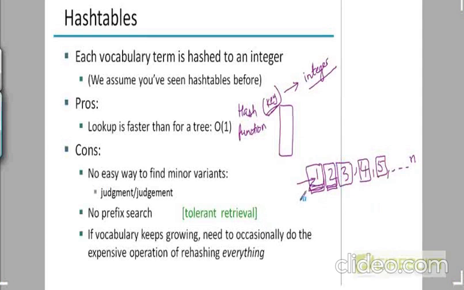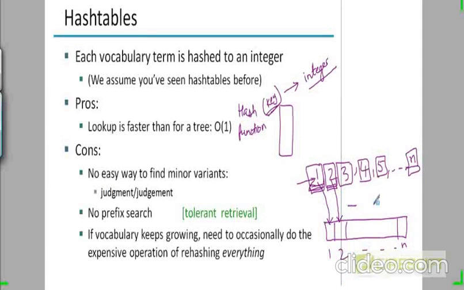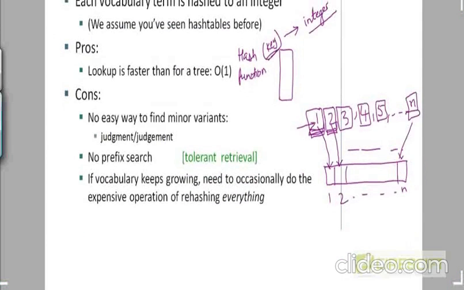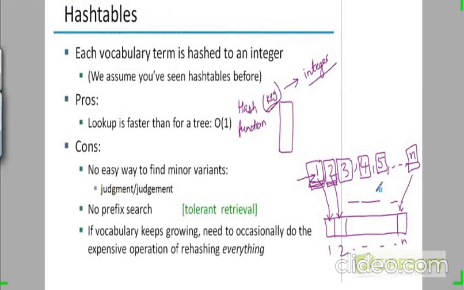So if you want to store information about n students, what is the simplest way to store them? Well, you can take an array of size n, store the record for student with entry number 1 in the first position of the array, store the record for the student with entry number 2 in the second place, and so on. So if I want to find out information about student number i, the student with roll number i, I just need to look up the ith position in this array.